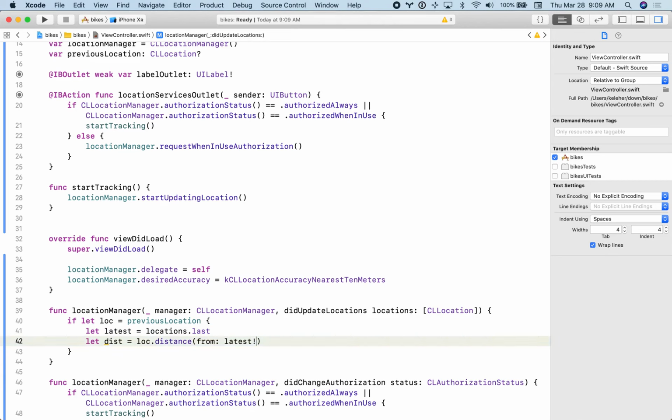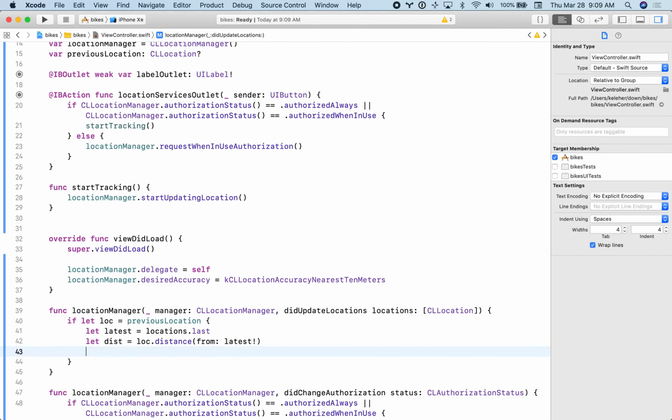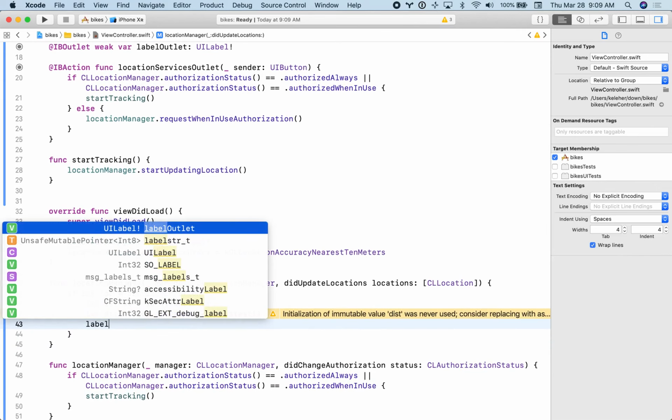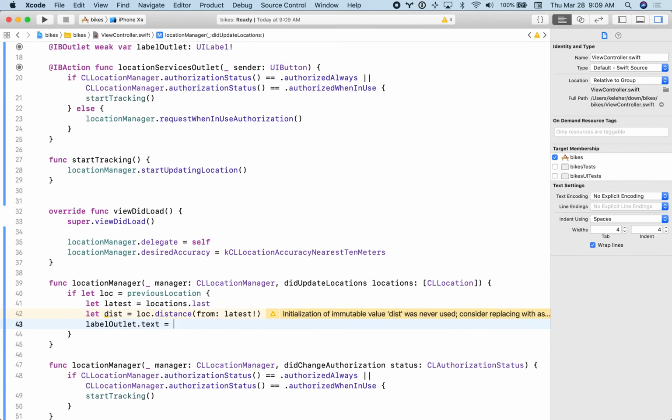Okay, it's going to give a distance in meters. And now we have this distance, we can do something about it. We can say whatever we called our outlet, label outlet, text would be equal to,